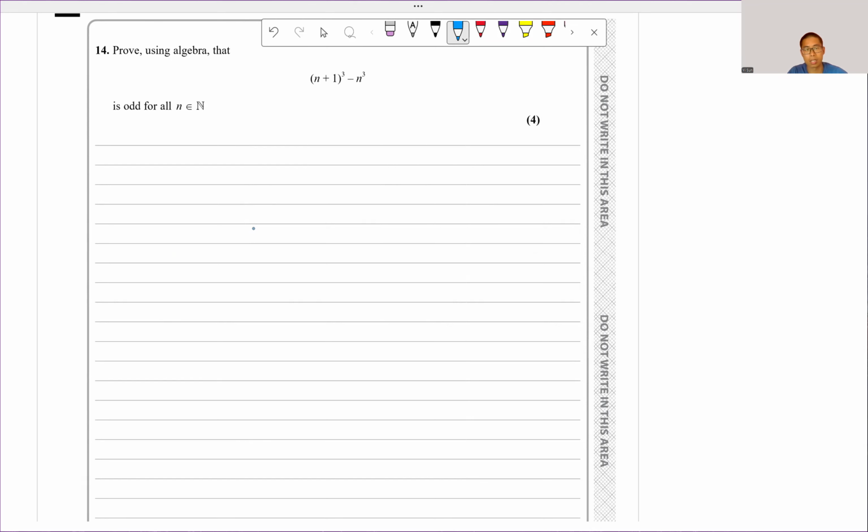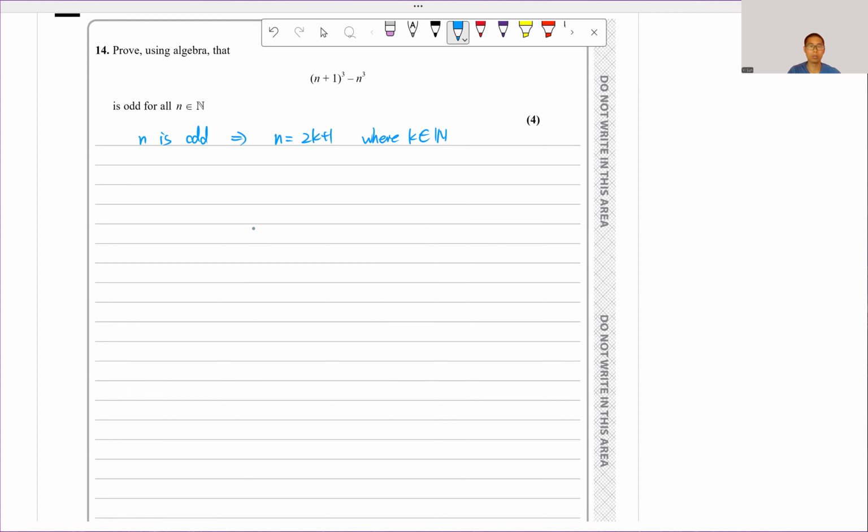And we can't check all the numbers because there are infinitely many natural numbers. So instead, we check each group of numbers. So we say n is odd, then n is equal to 2k plus 1, where k is just any natural number. And then